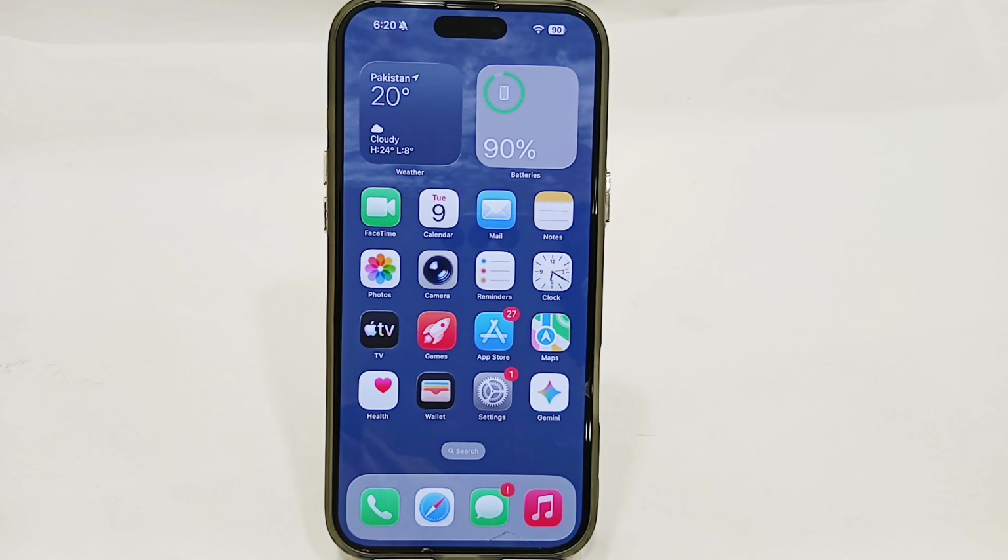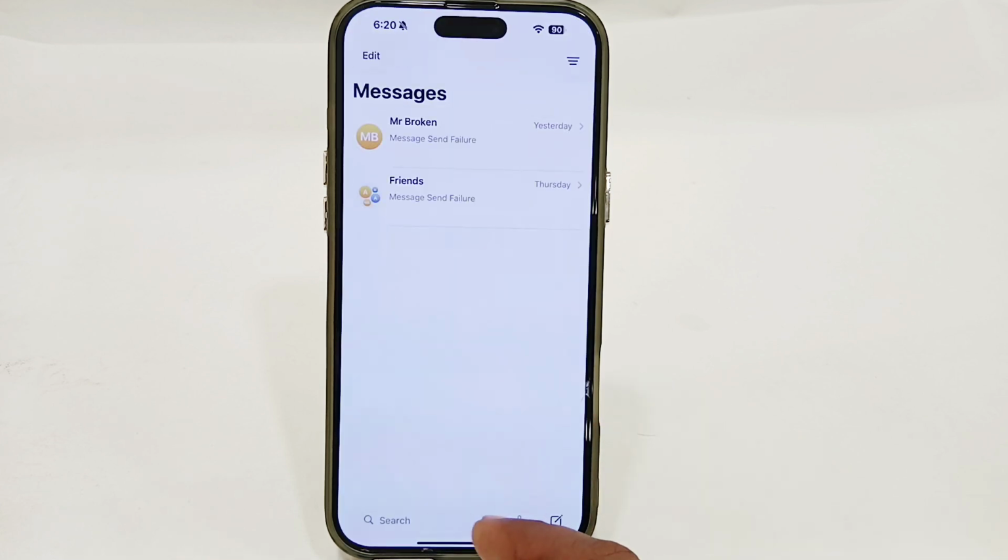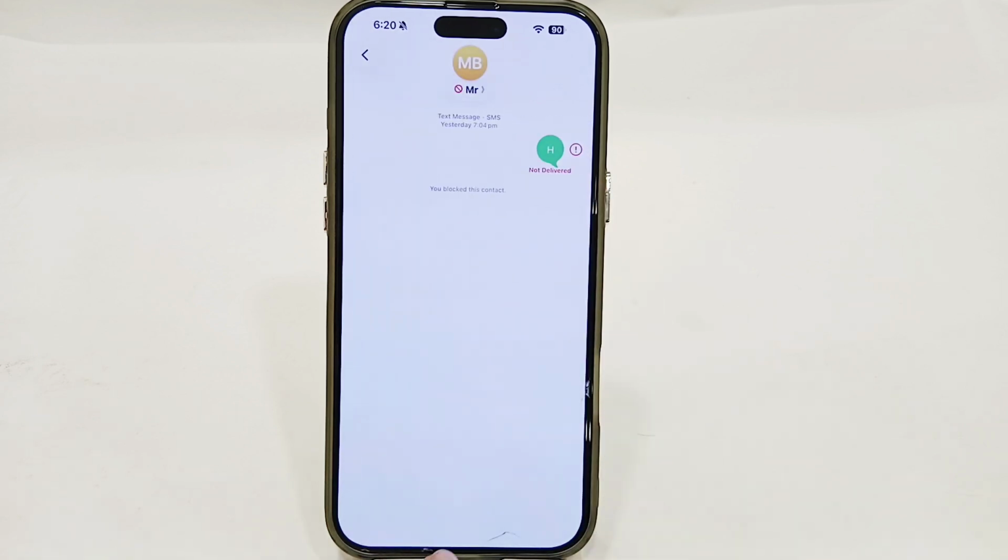Hey guys, today I'm going to tell you how to change keyboard on iPhone. If you're using any iPhone and you want to change keyboard, let's see how you can do that. You have to simply open your keyboard anywhere, it might be in your messages app. Open the keyboard here, just get access to your keyboard,